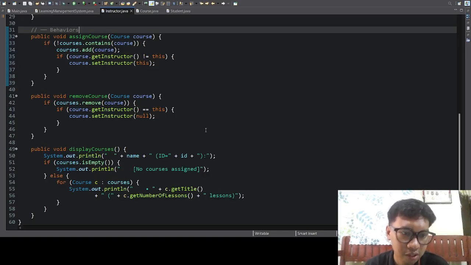We use System.out.println with name and ID. Then if the courses list is empty, we output "No courses assigned." Or else, we use a for-each loop again and output c.getTitle. So we need to get the title of the course and the number of lessons, and that's all.